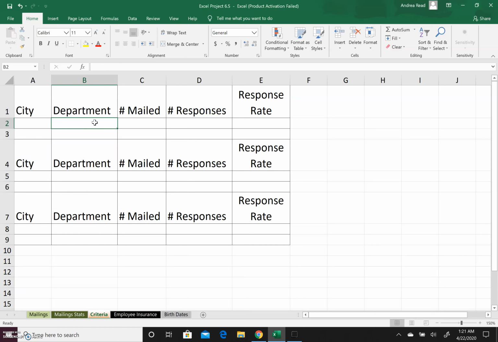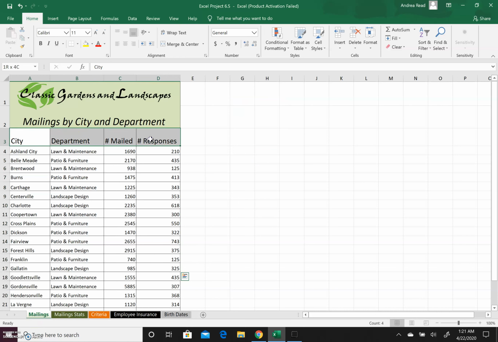So, and I'll explain to you when we get to that point. So I'm just going to type in our criteria. So land, and then law with the asterisk, and then patio with the asterisk. Now, whenever you're citing the criteria, all you have to do is make sure that your column names are exactly the same as your database. And then you're going to set up your criteria